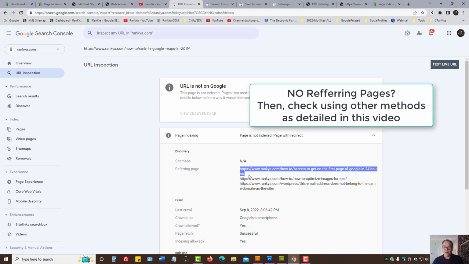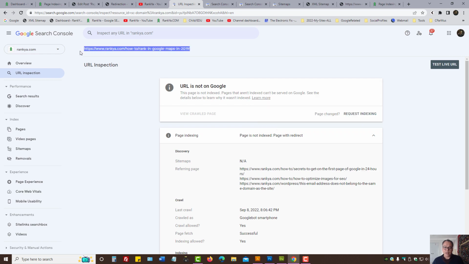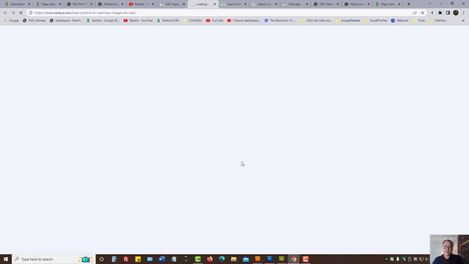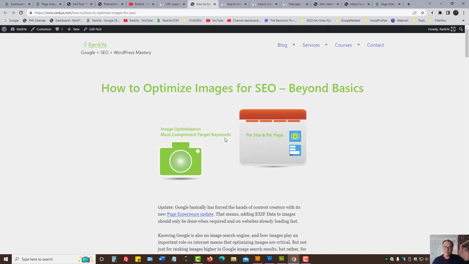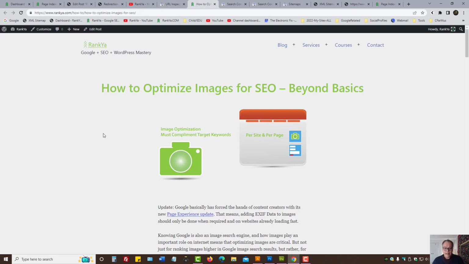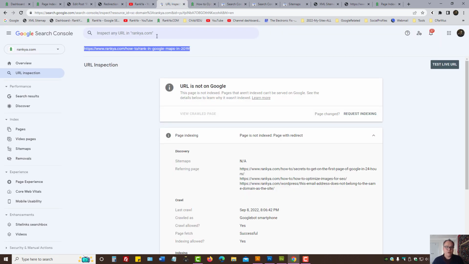Here are the referring pages. That means this particular page that is having the redirection problem, Google has found on these URLs. Thus, it is called a referring page. That means what you need to do is go and visit that particular URL that has referred Google to the problem URL. And here, what you need to do, obviously, is